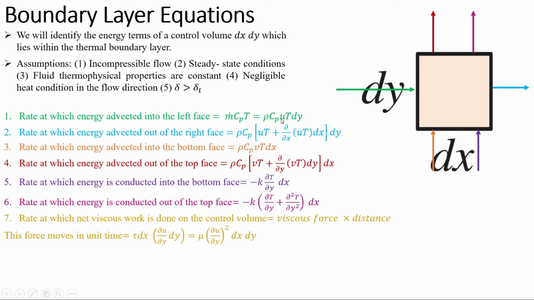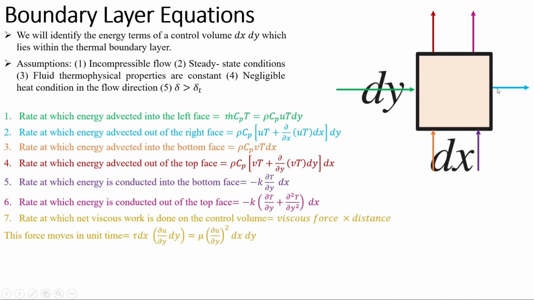So we have rho, we have u. Rho is the fluid density, u is the velocity in x direction, and if we have assumed a unit depth, so area will be dy into 1, or simply dy. So m dot will be rho u dy, and Cp is the specific heat at constant pressure, and T is the temperature. So the amount of energy in from this phase will be rho Cp uT dy, and